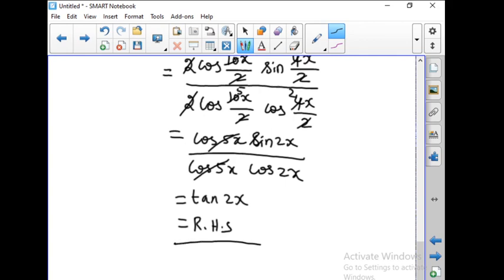Okay. So similar to this, you are having exercise 6 and 7. You can take it as homework. Okay. So exercise 3.6, problem number 6 and 7. You do it in your homework. So here today we have seen product to sum and sum to product problems. Some of the problems we have finished and the remaining problems we shall see in the next class. Thank you, students.